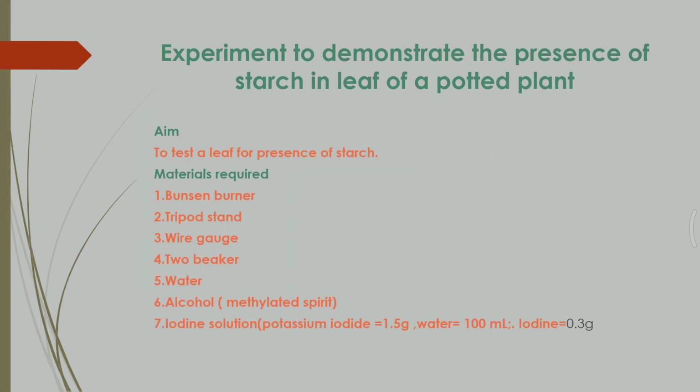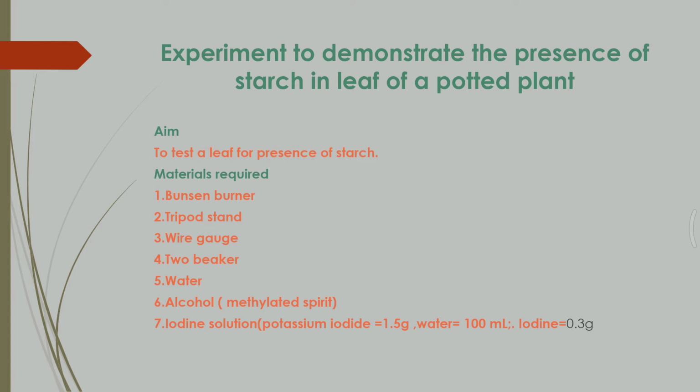The experiment is basically done first in order to check the presence of starch. So we will just take a leaf from a normal plant and then proceed, because our intention is just to check the starch. This is a basic experiment which is required in order to understand the technique by which we will be doing the incoming experiments.